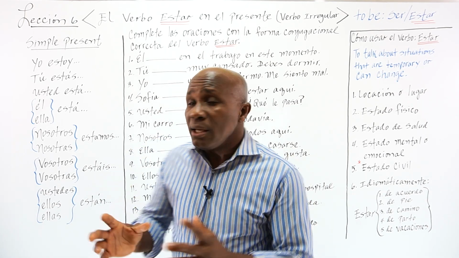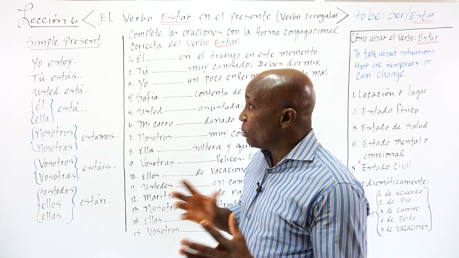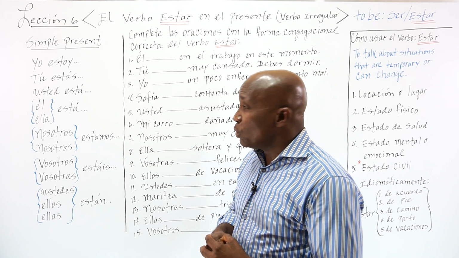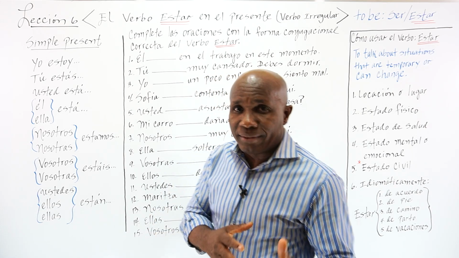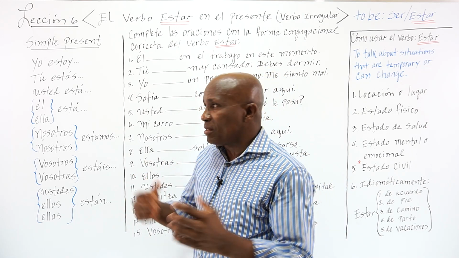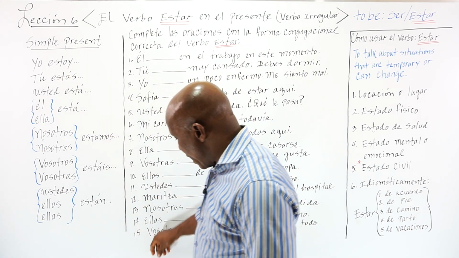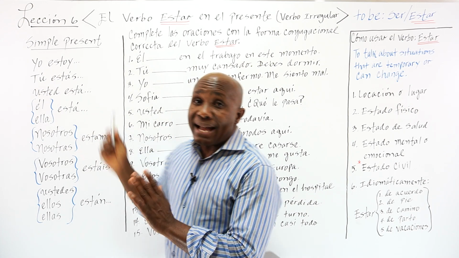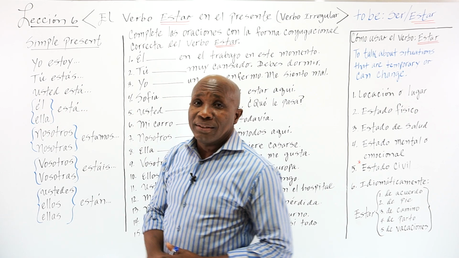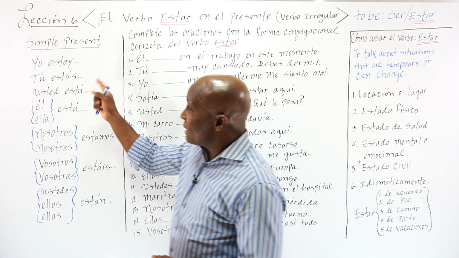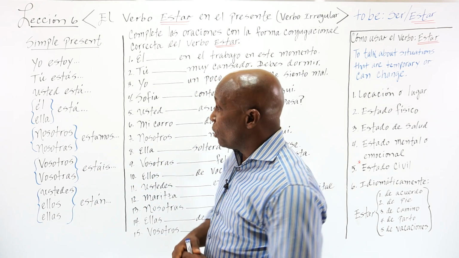So, let's see the conjugation of this verb in the present. Simple present, as you call it in English. In Spanish it is presente del indicativo, which is the same. Yo estoy, right? Tú estás, usted está, all right? And you have this accent mark there on the conjugated verb, because we have